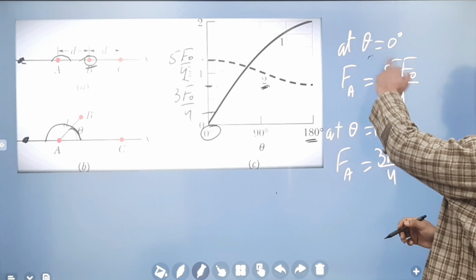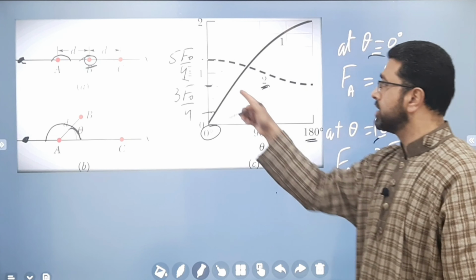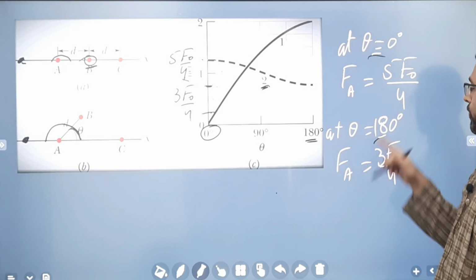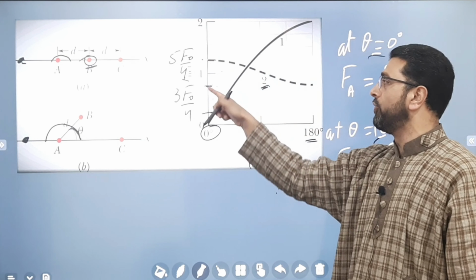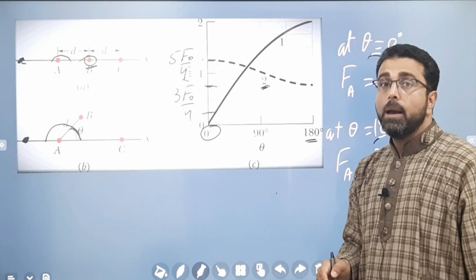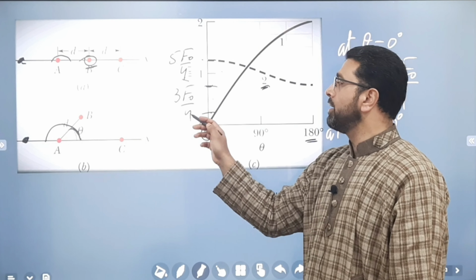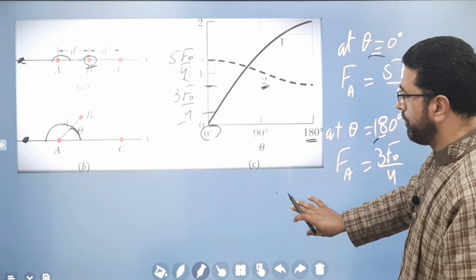And while taking it from 0 to 180 degrees, force is decreasing from 5F0 by 4 to 3F0 by 4. Force is continuously decreasing from 5F0 by 4 to 3F0 by 4. Meaning force is maximum at 0 degree and minimum at 180 degrees. Now,